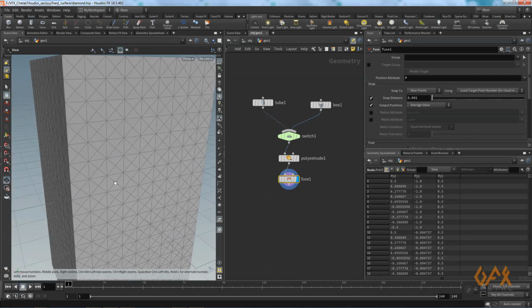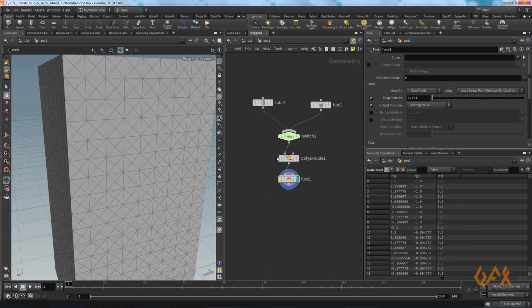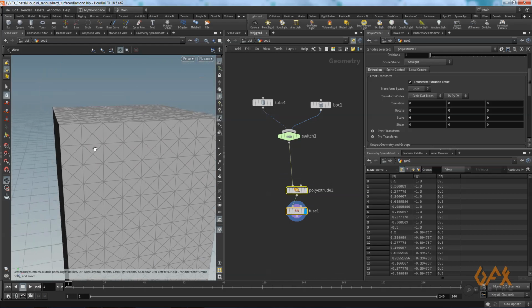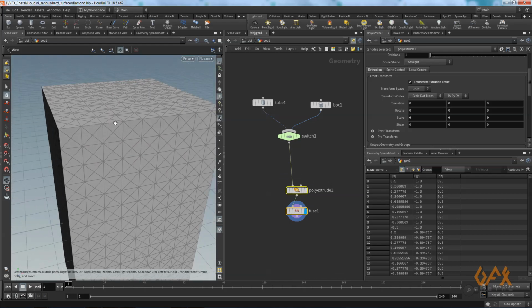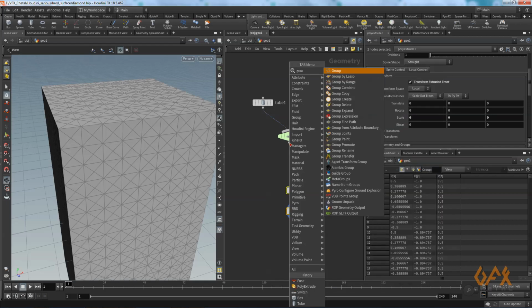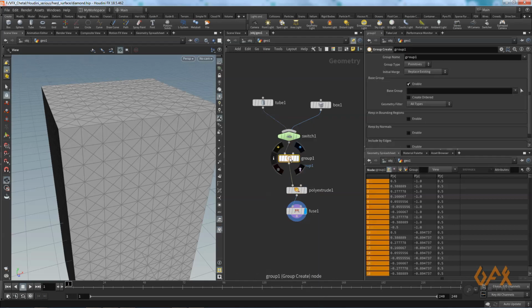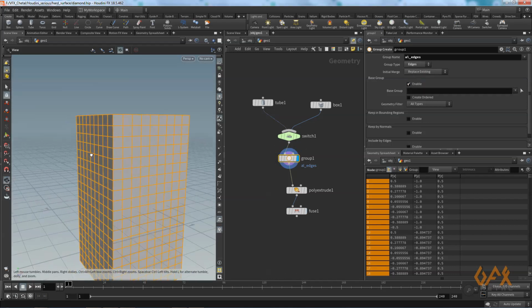Now I want to select these edges, basically these edges, and I want to dissolve those edges. To select only these edges, not the border ones, I go to group. Over here I name it all edges, and I set it as edges. So over here it selects all edges.